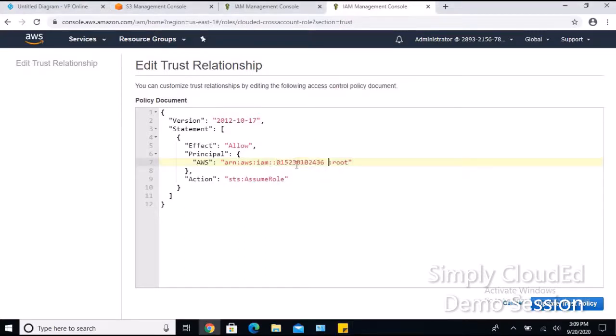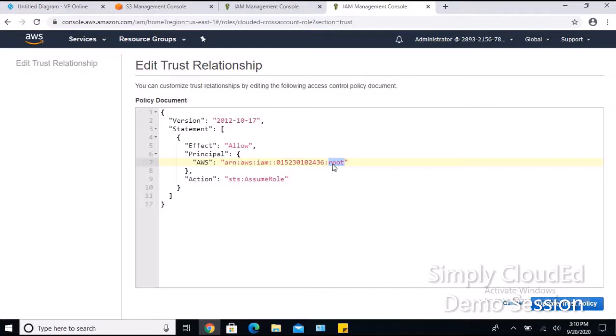And now let me explain that. I was saying that this particular prod account is establishing a trust with the dev or test account, and this test account number is being used for the entire account. By means of root, it is for the entire account, not for any particular user.